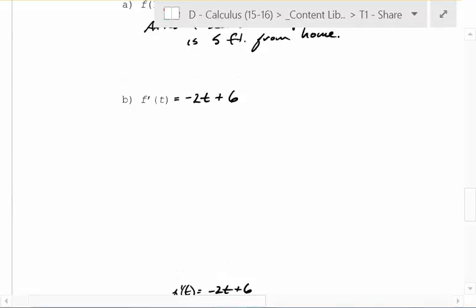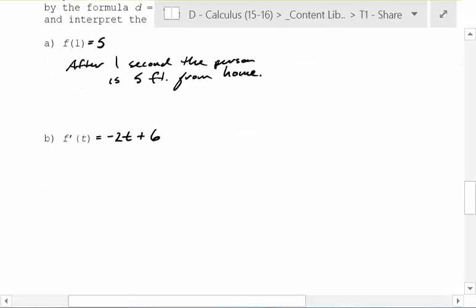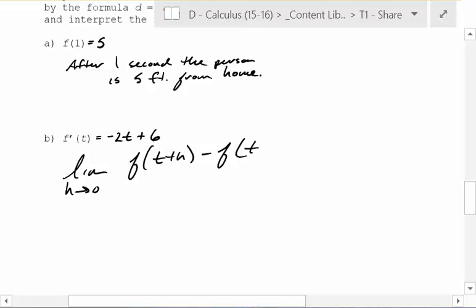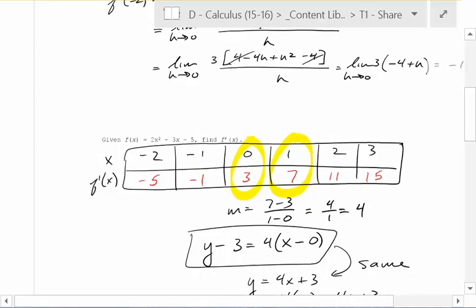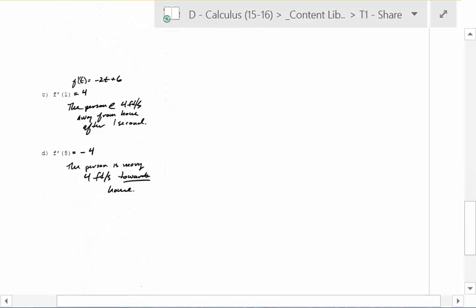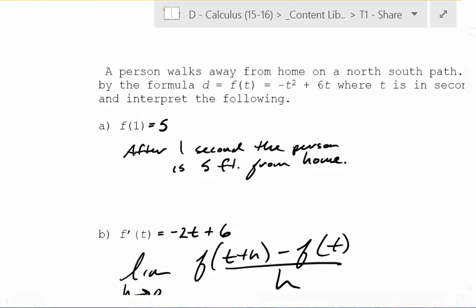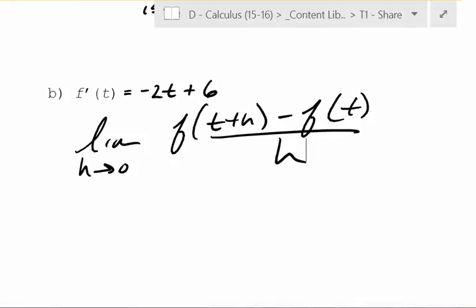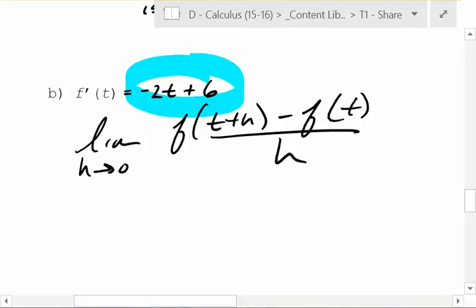When you do the derivative function first, what were you doing this time? The limit as h goes to 0 of f of t plus h minus f of t all over h. All the h's end up canceling out from the denominator, leaving you, after you plug in 0, with negative 2t plus 6. That gives you the derivative function. What we did before was plot points and then come up with a pretty good estimate, which turned out to go through all those points perfectly. But in this case, you can use the limit definition to get the actual derivative function right here, which is super, super